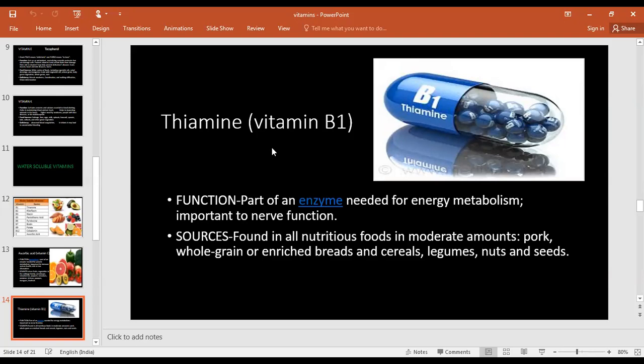Okay. There is a disease known as beriberi. So first, vitamin B1, thiamine, deficiency will result in beriberi disease. All right. After thiamine, the next vitamin, B2, is